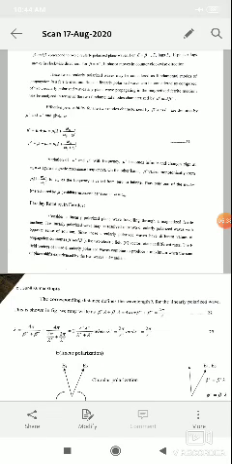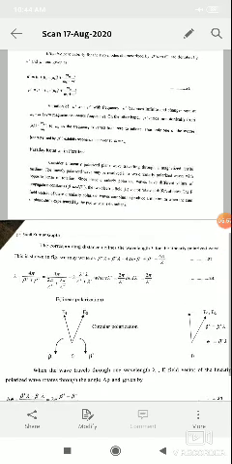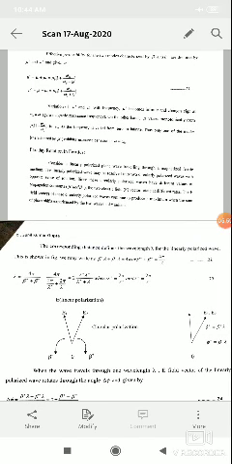Effective permeability for the two modes characterized by beta plus and beta minus are denoted by mu plus and mu minus and given as mu plus is equal to mu1 plus mu2 is equal to mu0 into 1 plus omega m upon omega 0 minus omega. Similarly, mu minus is equal to mu1 minus mu2 is equal to mu0 into 1 plus omega m upon omega 0 plus omega. This is equation number 21.